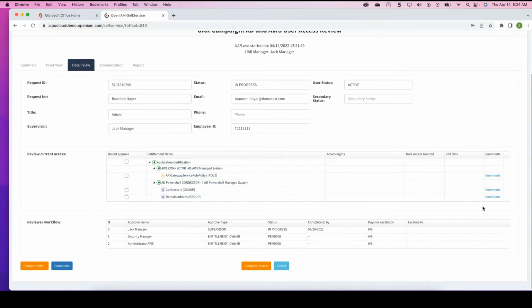And so we see that there's actually 3 different layers. Now, this isn't entirely correct, because the way to read this really is that after the first step, it's going to get split. The AWS approvals are going to go to the AWS admin, and the AD entitlements are going to go to the security manager. Right. So here I can go ahead and say, complete the review, which means I'm